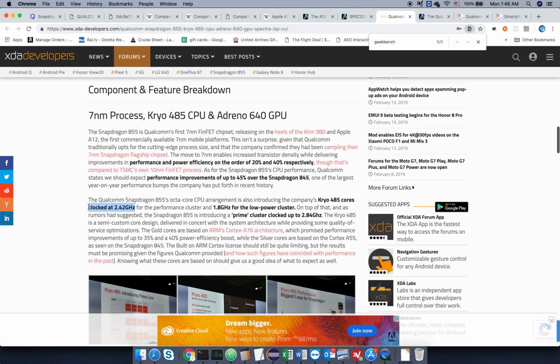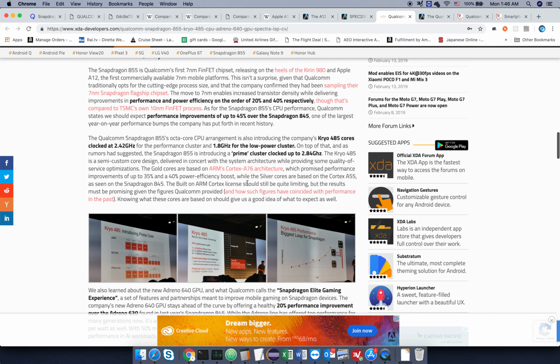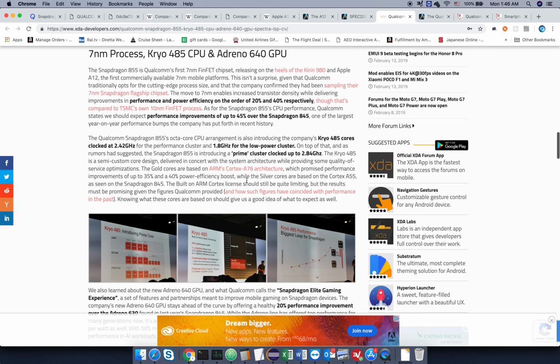But the normal Cryo 485s are 2.4 gigahertz. So they have like one that goes at 400 megahertz higher. Again, as I said, most of the workloads are single-threaded, so you really want something that's really fast at doing a single thing, a single control flow, and kind of compensating a little bit for what they were missing compared to, I mean, before, when you said Snapdragon, it was just leagues ahead of everybody else. They're just better. Now, I don't really know if they're that much better than the competitor anymore.